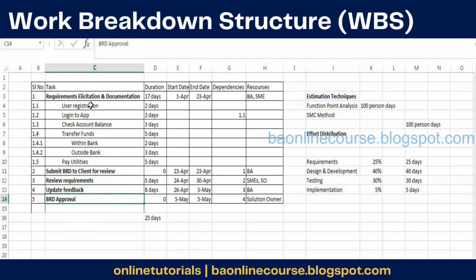Okay. But for the details of requirements documentation, you have to look at the scope, identify feature-wise how much time it would take, and then work from a bottom-up approach to figure out how much time it would take to complete this activity. Okay, makes sense? Madhu, you have a question?